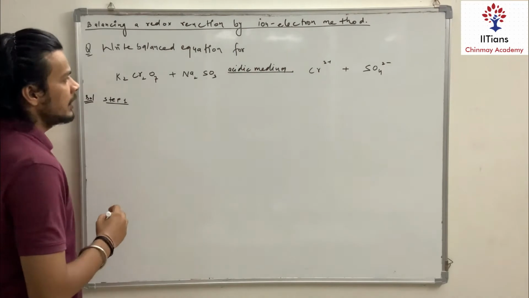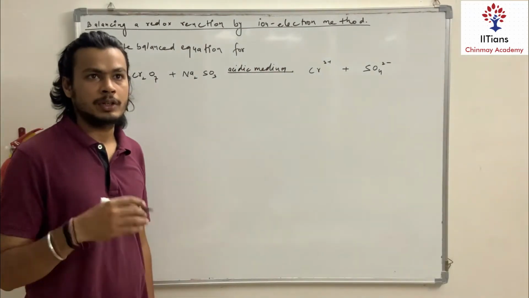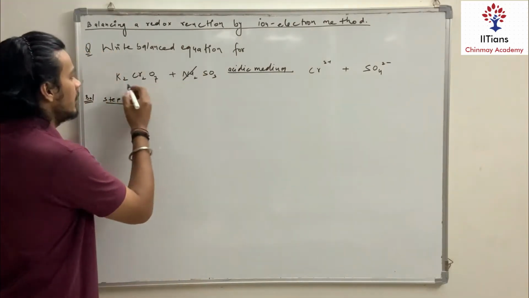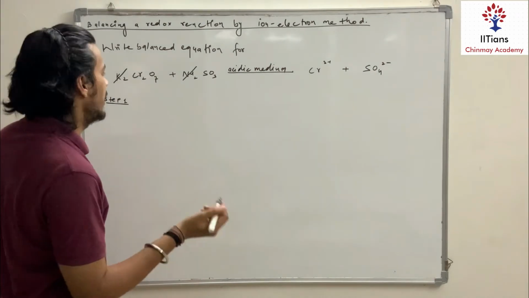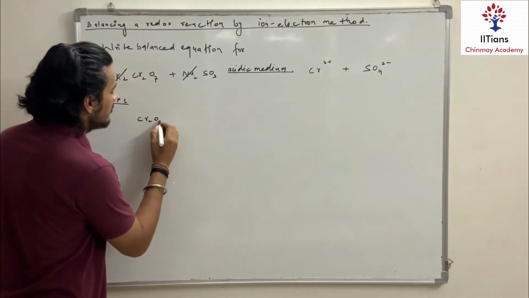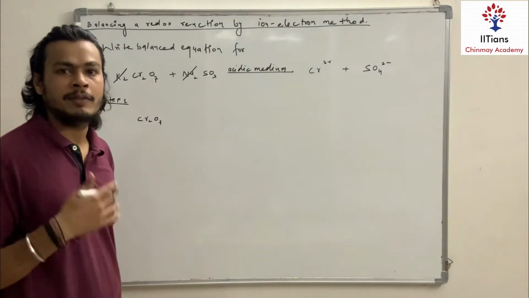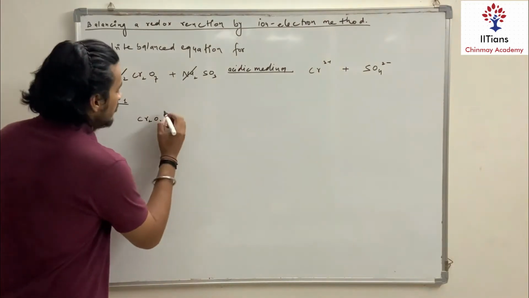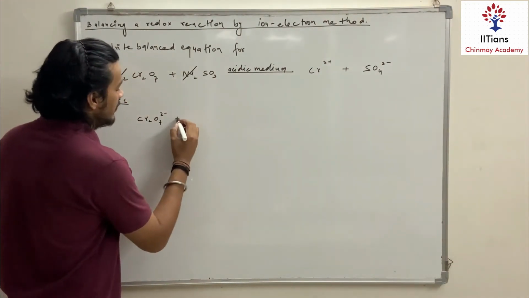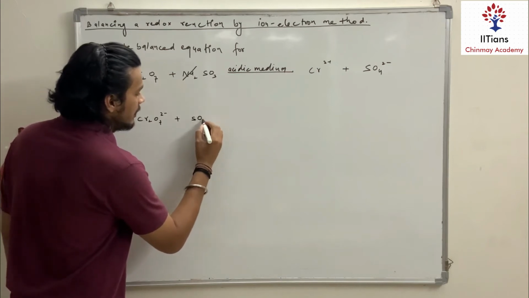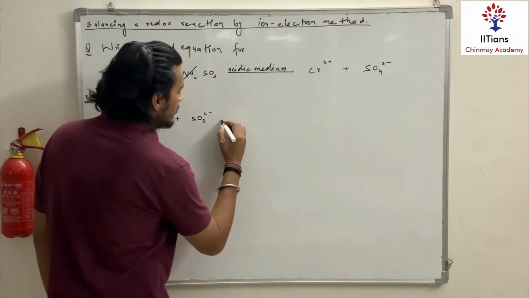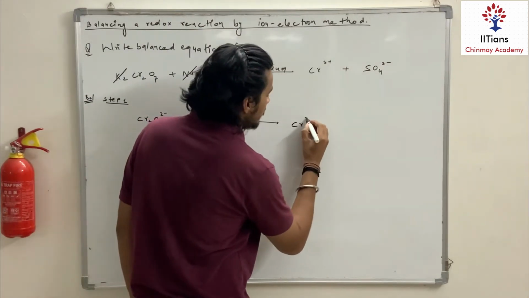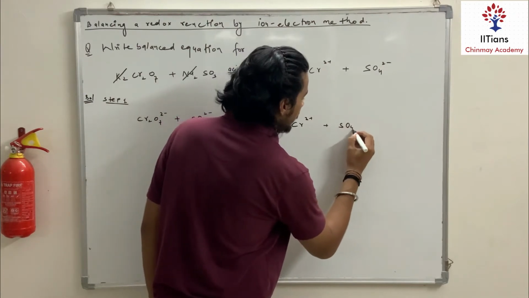The first step is to remove the ions whose oxidation state does not change. So sodium, for example, K for example, you will eliminate them. They are known as spectator ions because before the chemical reaction and after the chemical reaction they are the same. There is no difference in their oxidation state, so we don't need to write them. So I'll write this equation. This will be dichromate and sulfite ion, and acidic medium means H+, and this gives Cr3+ and sulfate.